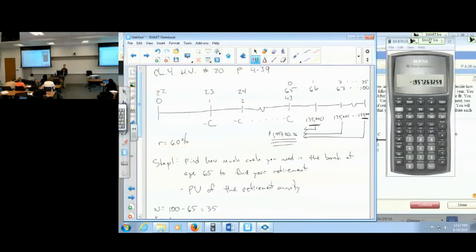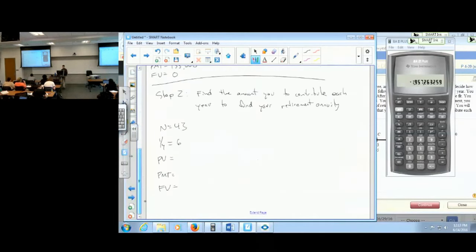Today is now my 22nd birthday, and I'm starting with nothing. What I need to do is find the payment that adds up to $1,957,000 and change. So I'm going to make 43 total payments. Each of those payments are going to earn 6%. Present value is 0. I'm starting with nothing. Payment is what I'm solving for, and the future value, what I want to end up with, is that